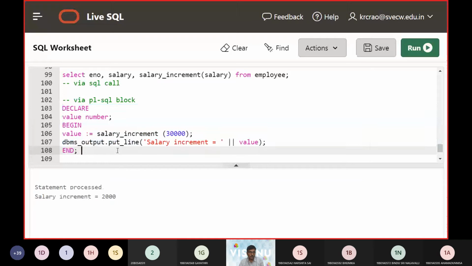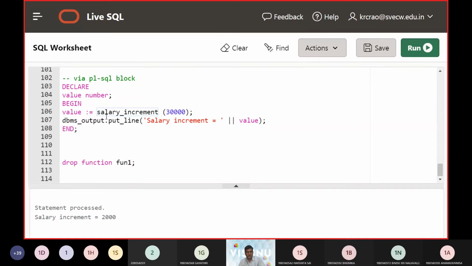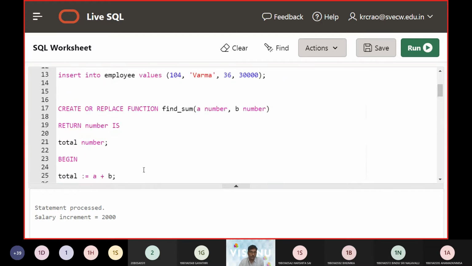And finally, whatever function we called can even be dropped. Salary increment is the name of the function here. That function can be dropped with the drop function followed by the name of the function. So this is how we get this working with the functions.